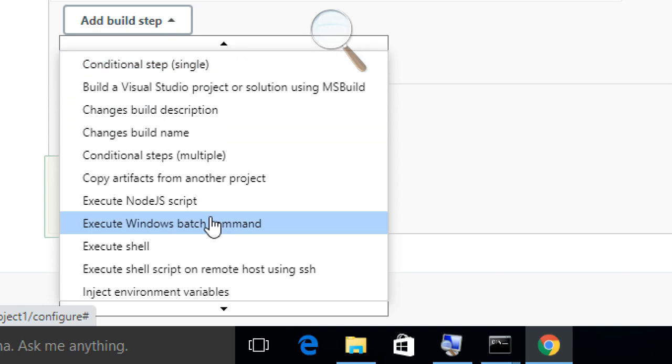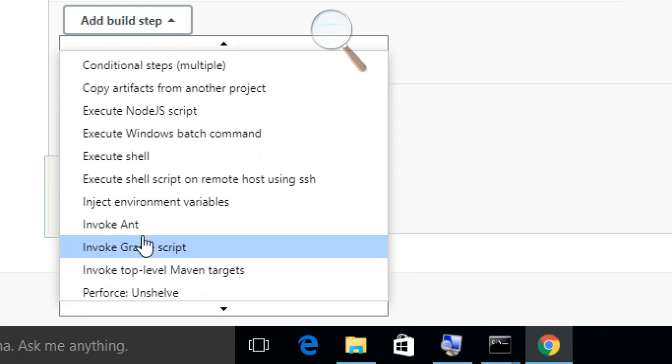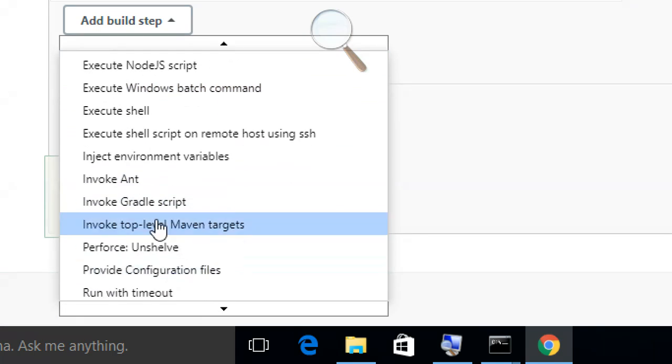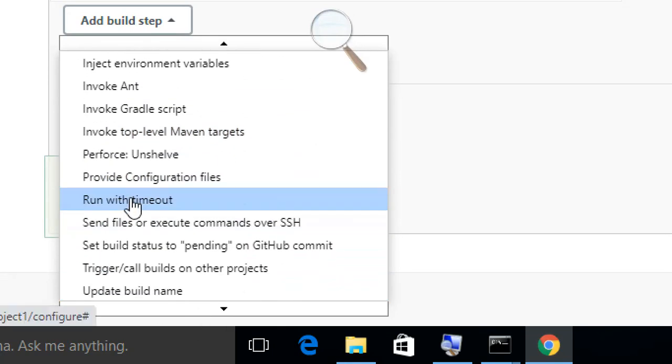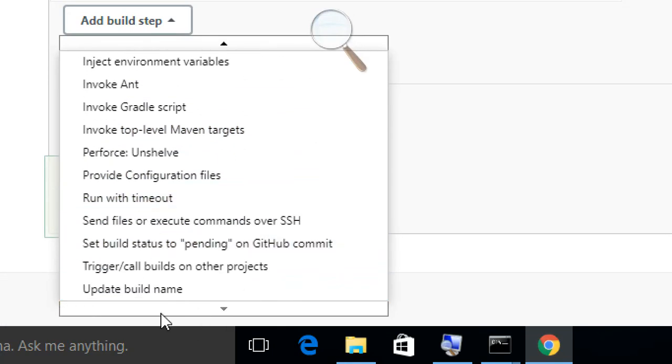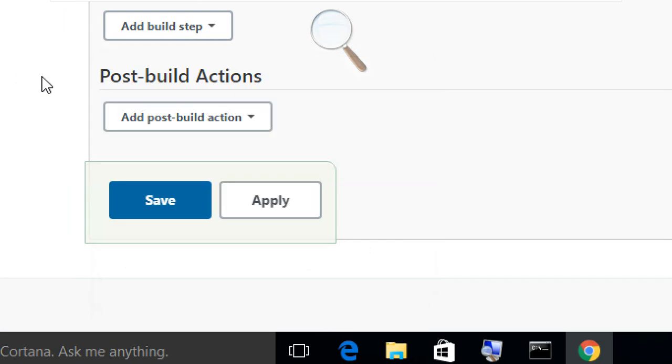Change build names, or you can see here invoke Ant, invoke top level Maven targets if you are using Maven, run with timeout, trigger builds on other projects, set build status to pending on GitHub commit. Like this, so many build things are there.